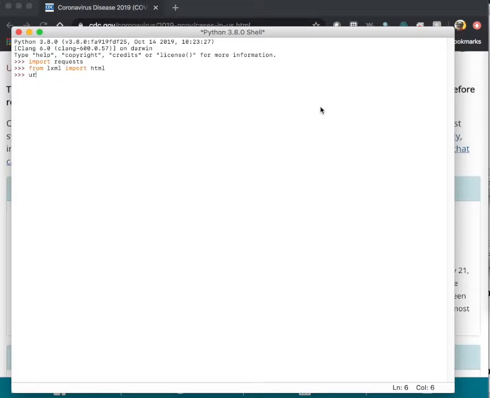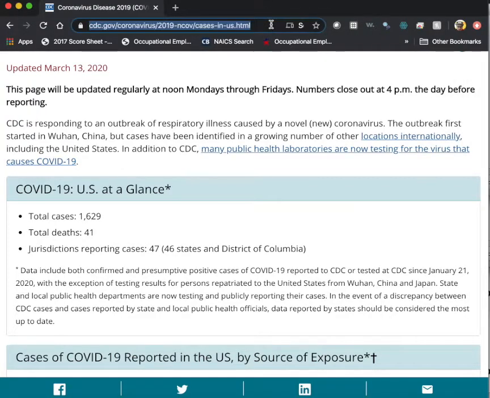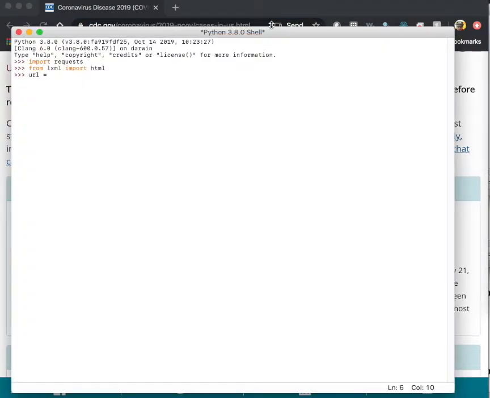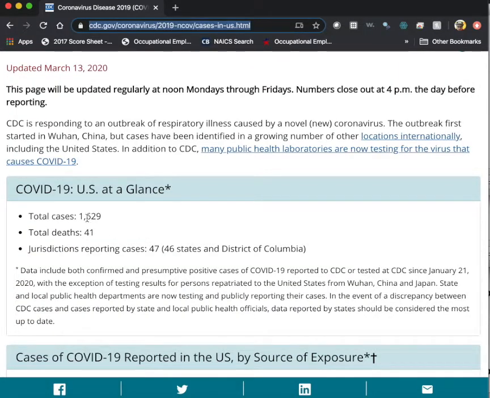All right, so we're going to get the URL of the website. Let's copy that. And now we're going to use the XPath in order to web scrape that specific data. So we're going to go here,